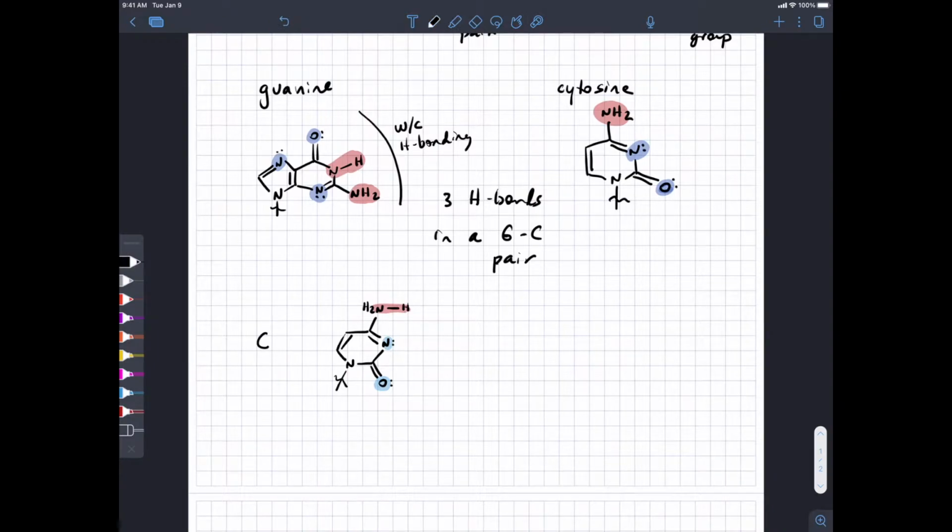And then we're going to show hydrogen bonds like this, and the hydrogen bond donor, the exocyclic amino group on cytosine, is going to be hydrogen bound to the carbonyl oxygen on guanine. The ring nitrogen that's an acceptor on cytosine is going to be hydrogen bound to an NH bond on guanine, and then same thing here. So we've got to fill in the